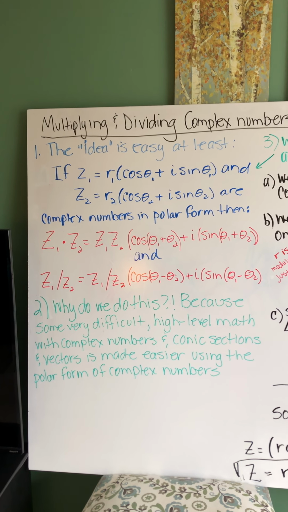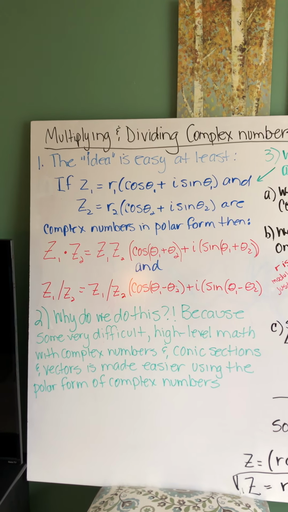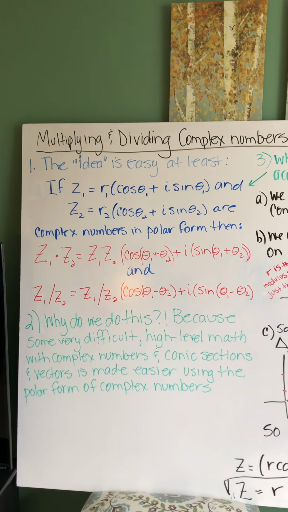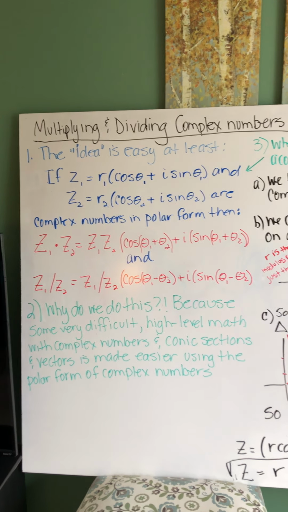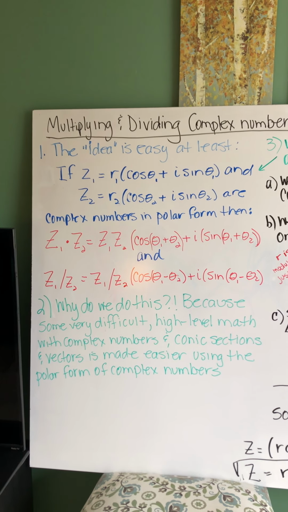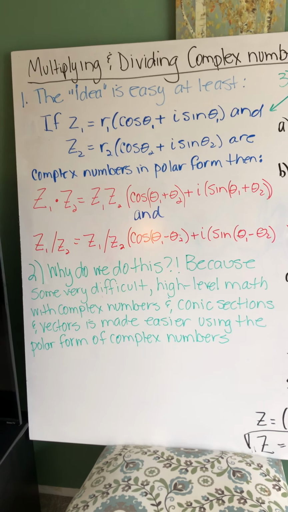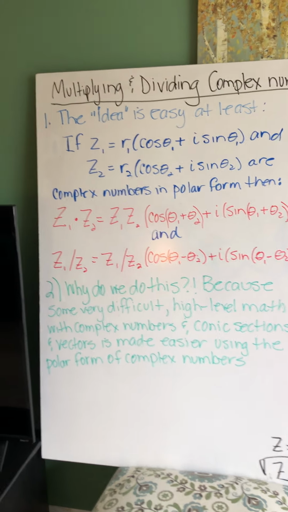We would call that r2 times cosine of theta 2 plus i sine theta 2. And by the way, the 1's and 2's at the bottom are called sub 1, sub 2. So the math is easy. These are complex numbers in polar form. And it turns out, let's look in red, if you multiply these numbers together, you simply multiply,